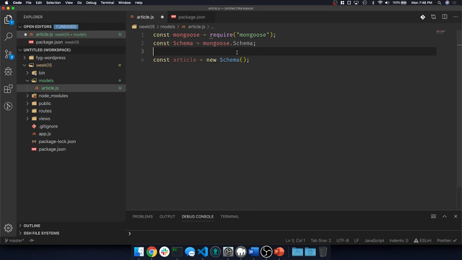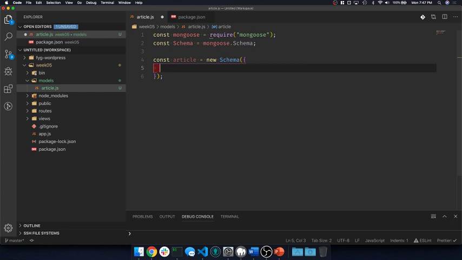Is it required? Does it have a min value? Does it have a max value? If it's an integer, maybe it's a min and max between two numbers. But if it's a string, maybe it's a min and max character. However, our model is where we create the ability to interact with our model. So you can create a schema without a model, but a model requires a schema to tell it what its shape should be. So in order to create an article, does someone want to kind of shout out what an article